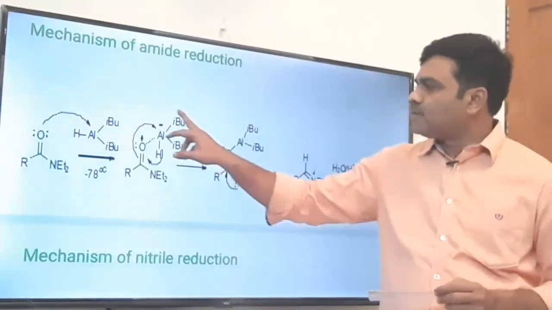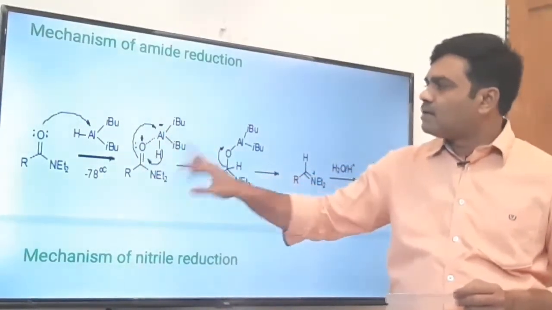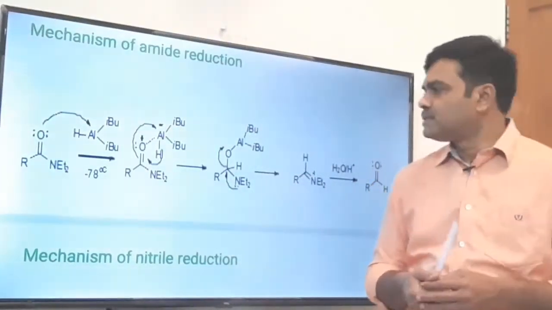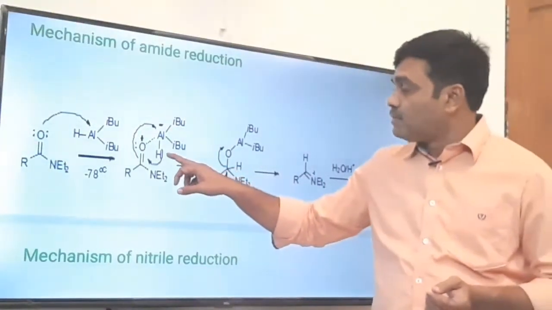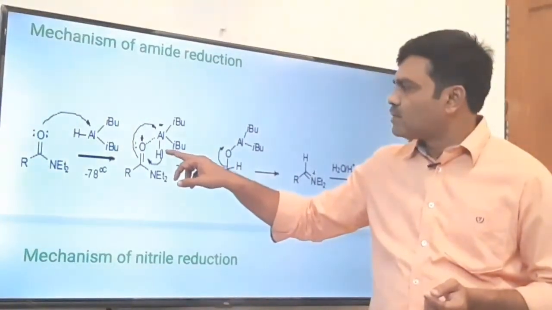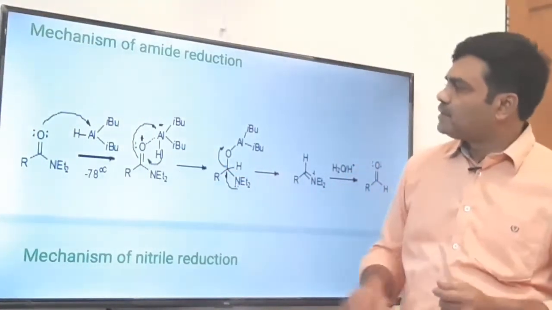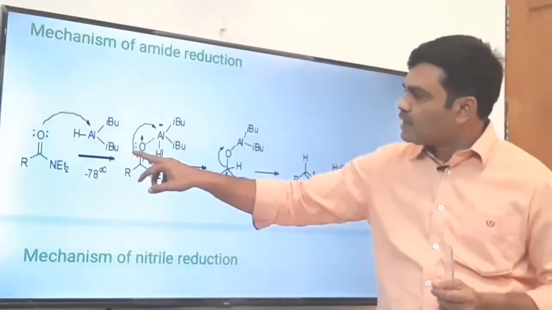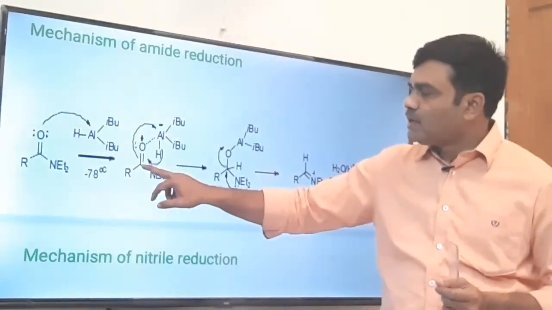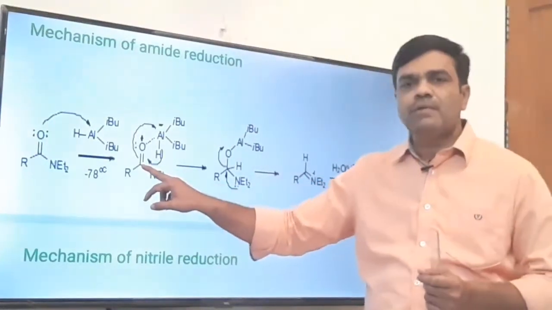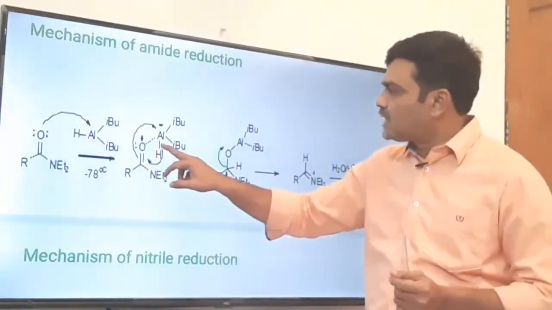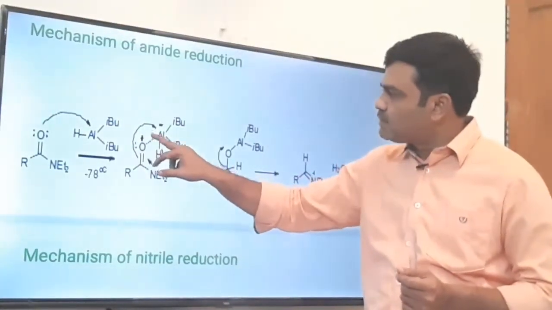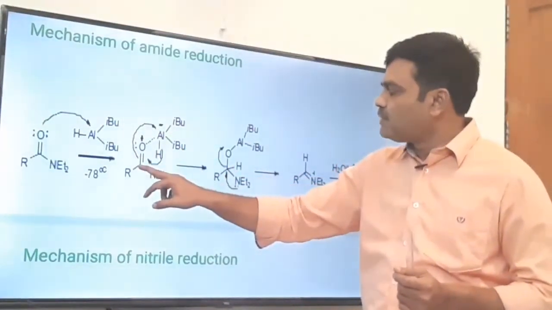In the next step, this is the alkoxy diisobutyl aluminum hydride intermediate which is obtained. Now these pi bonded electrons are shifted here because oxygen is deficient. Now the carbonyl carbon is deficient. The moment the carbonyl carbon is deficient, hydride ion transfer takes place. So transfer of this hydride ion and opening of this pi bond take place simultaneously.